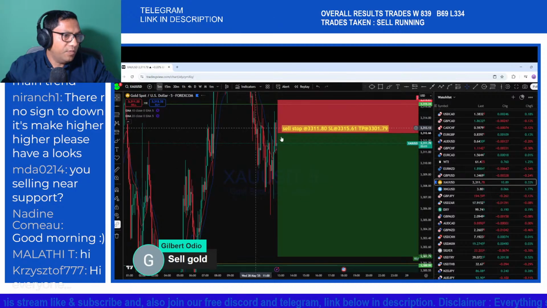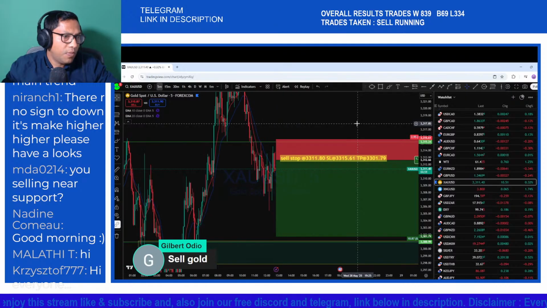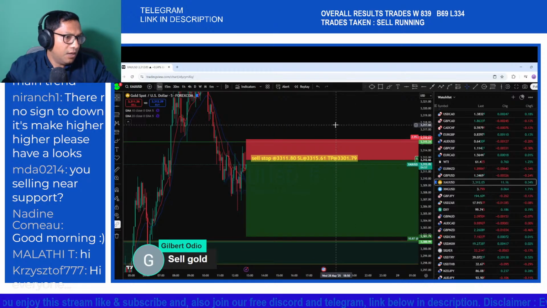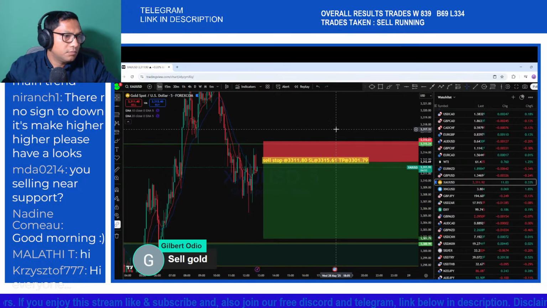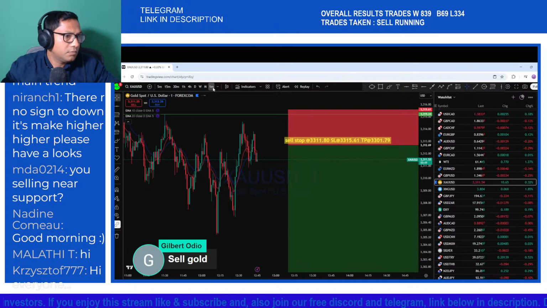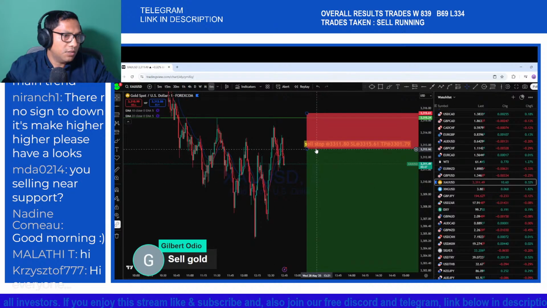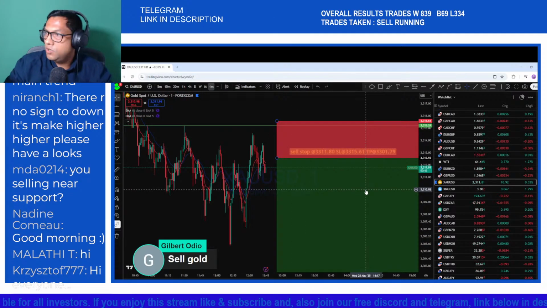So look at the 5 minutes here, which is a very narrow doji, and okay, so let's wait to see if the market is breaking from that support here,